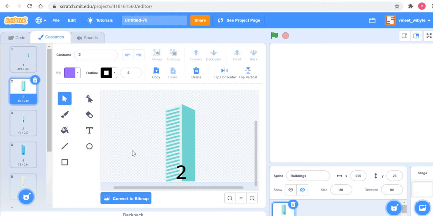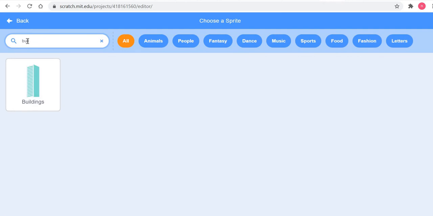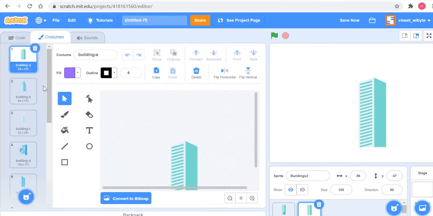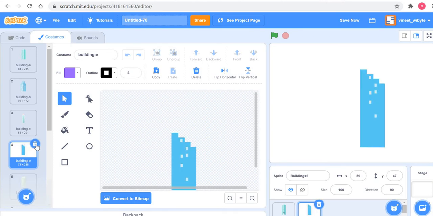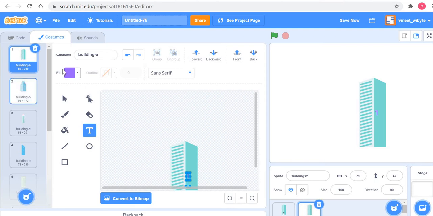And just briefly how we did it is that we added the building sprite. So we added the building sprite here, right? This building sprite, so that's the second one here. Now in here we removed some of those which are very wide. We removed these, we did not need them. Then we used some text and wrote something, for example here, let's say one and two and so on and so forth, right? And one, two, three, four, and also we renamed this costume to be one, two, three, four, five, six, seven, right? Now this just helps in coding, and I trust you can do this on your own, right?